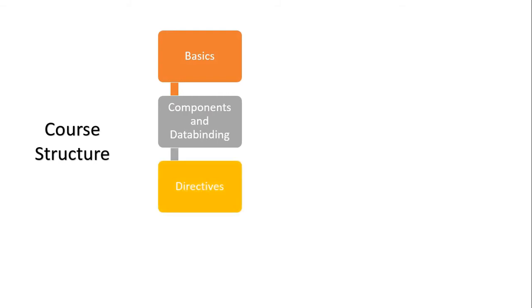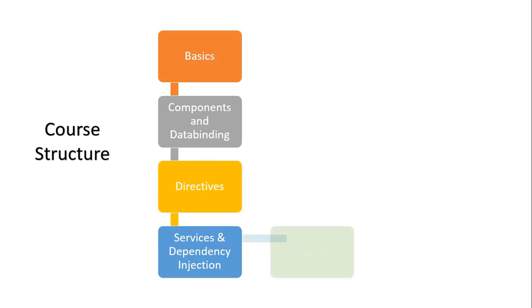Angular has another key feature, the directives. We will explore the built-in directives and structural directives, and also we'll create our own directives. After that, we'll learn more about services and dependency injection. We'll create different services to centralize our code and to share data among components. Once we are done with services and dependency injection, we'll look at routing. Angular routing is the way through which we can navigate to different links.